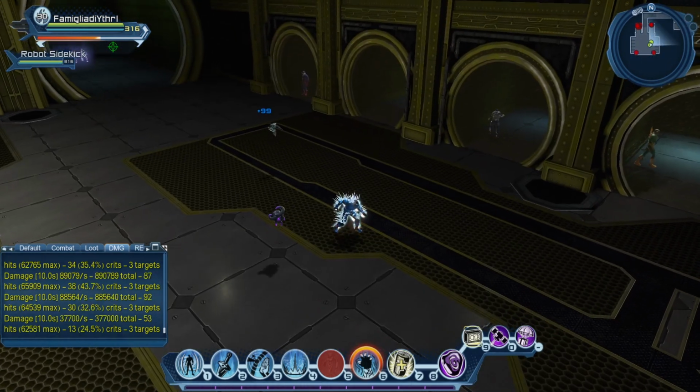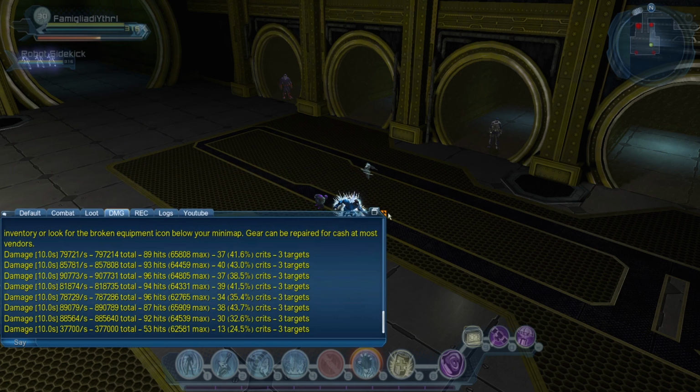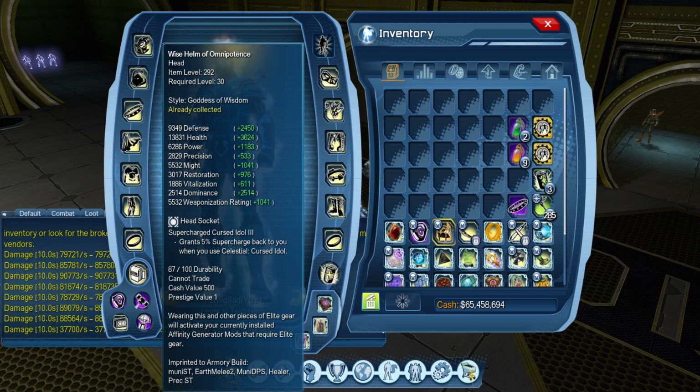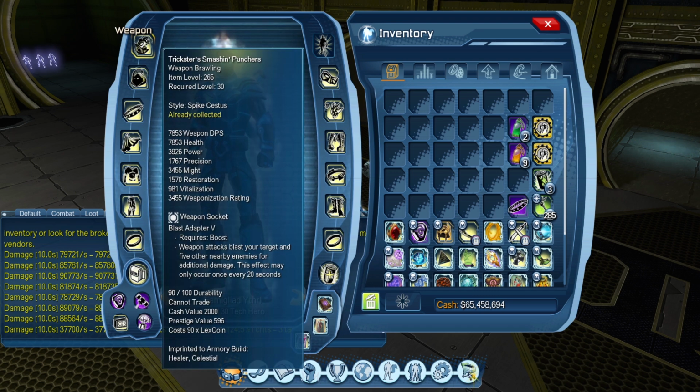And you get the gist there. I mean, I had a little hiccup in one of the parses there, but at 42k prec, considering that I don't have the OP head on, because if I did Brawling, it would go flying, so that's another 500 prec missing. I don't have the OP legs, so that's probably another 300 or 400 prec missing. I have to use Brawling base from the